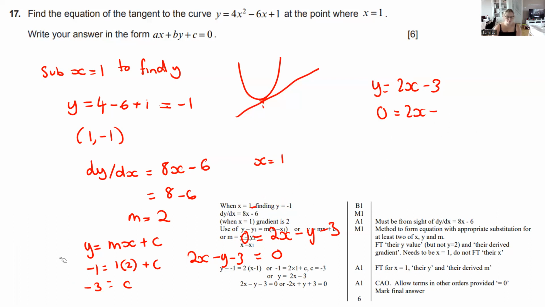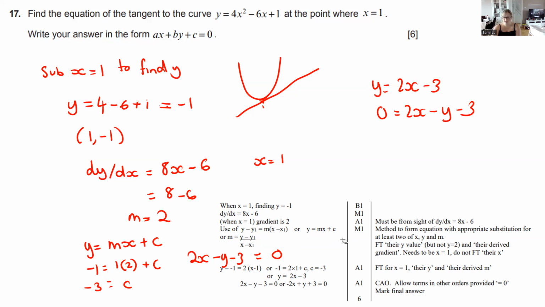Again, minus y minus 3. And I'm going to just raise that line. There you go. Sorted. Okay, so when x equals 1, y equals minus 1, so that gives us 1 mark. The next one is differentiation, which gives us our 2nd mark, and then subbing in when x equals 1 gives us our 3rd mark,